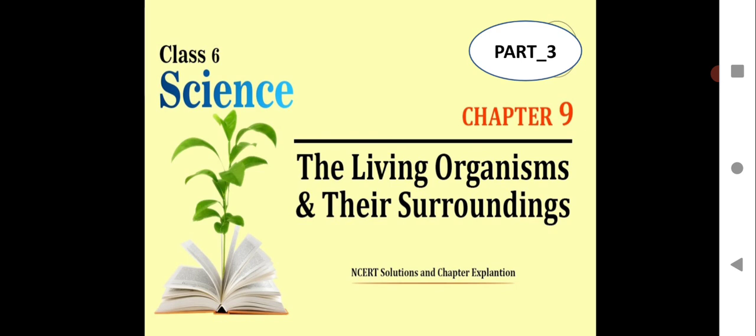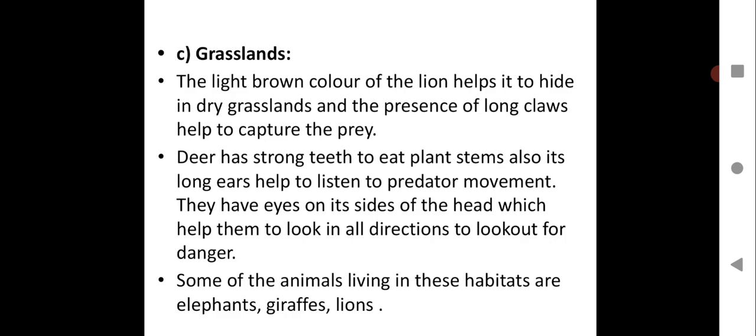First of all, a quick recap of what we have done in the previous session. We have seen two different types of habitats, the desert habitat and the mountain region, and we have seen how plants, trees and animals adapt themselves to the given habitat. In this session we are going to see the grassland, another habitat: what kind of animals are found, how they survive, and what kind of plants we find over here.